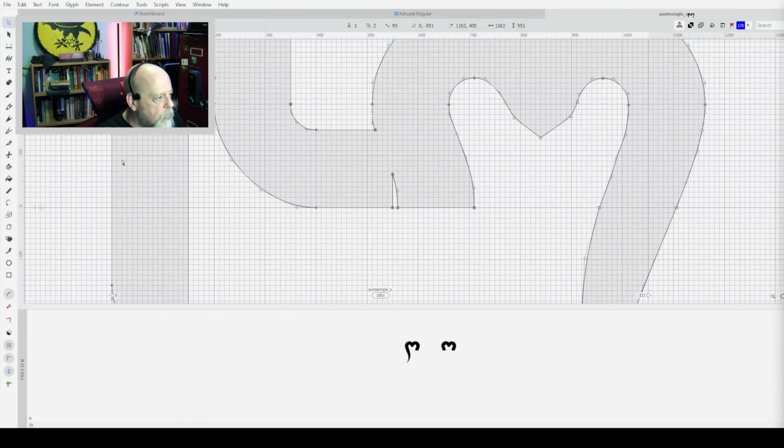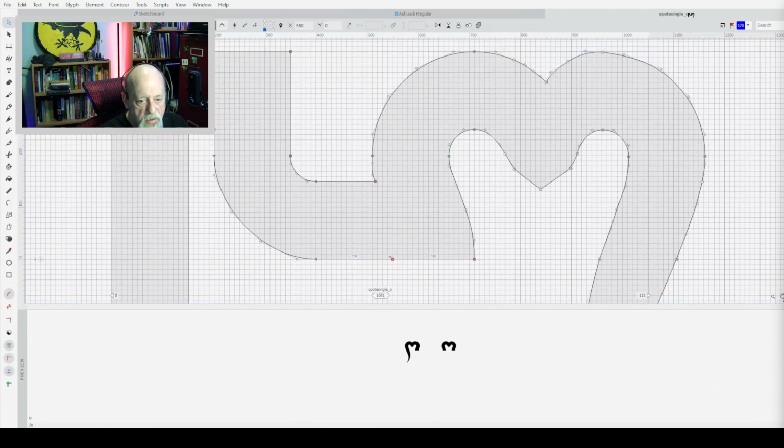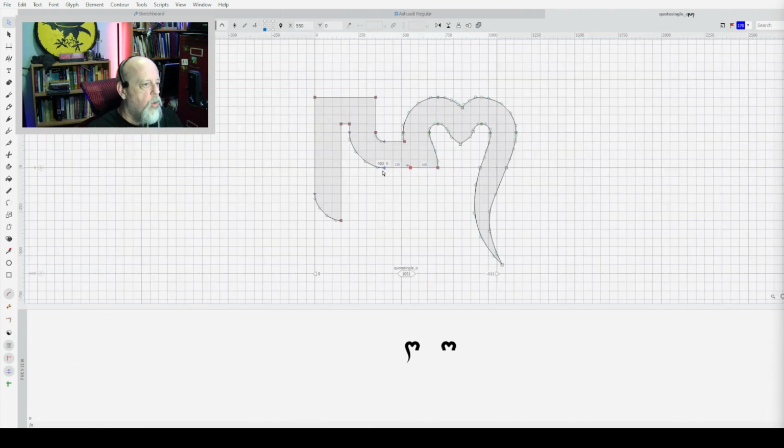Yeah. So grab the cursor, grab that line, delete it, and delete that, and join those together. And if you notice what happened there, the glyph went to be an outline, not gray.